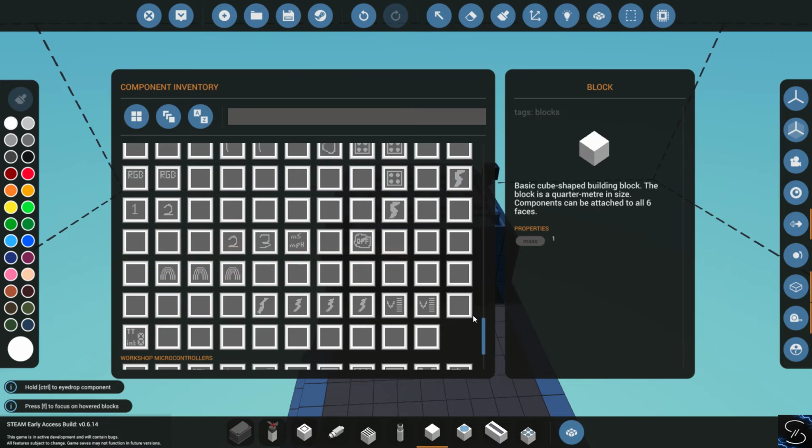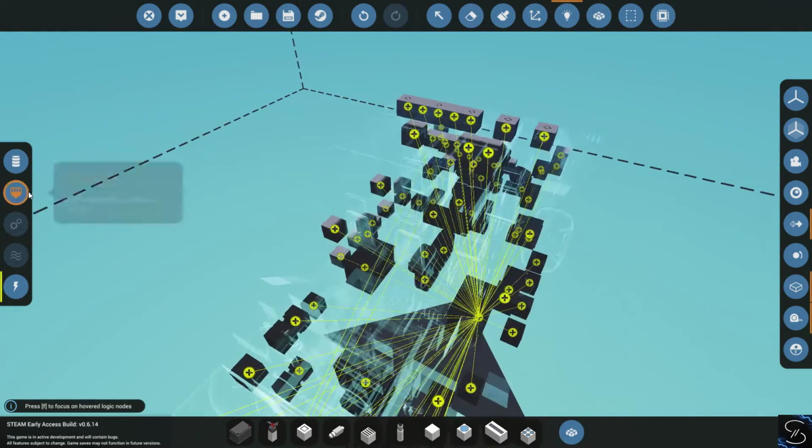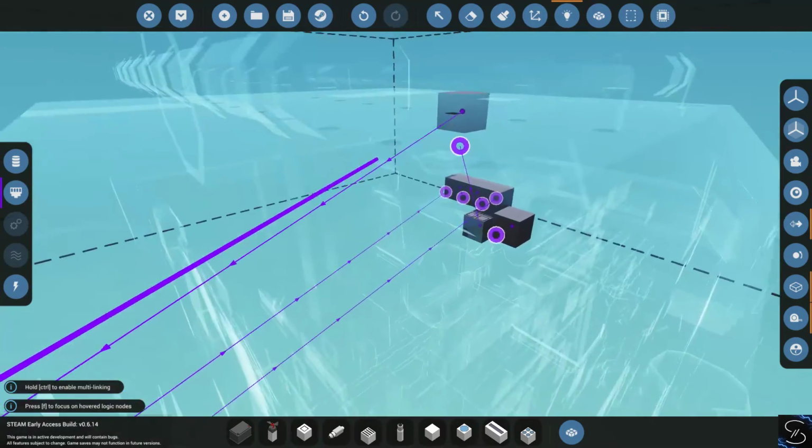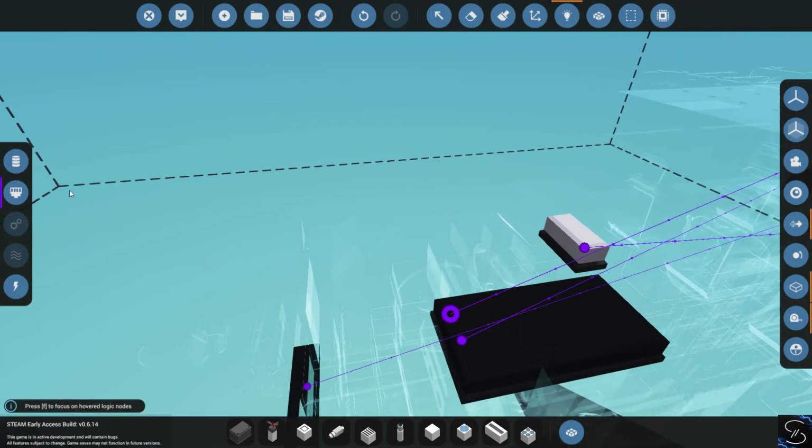QRS. Tilt sensor. Oh, there we go. There's the one I wanted. So all we got to do is connect up composite to the signal in there, and then we're going to